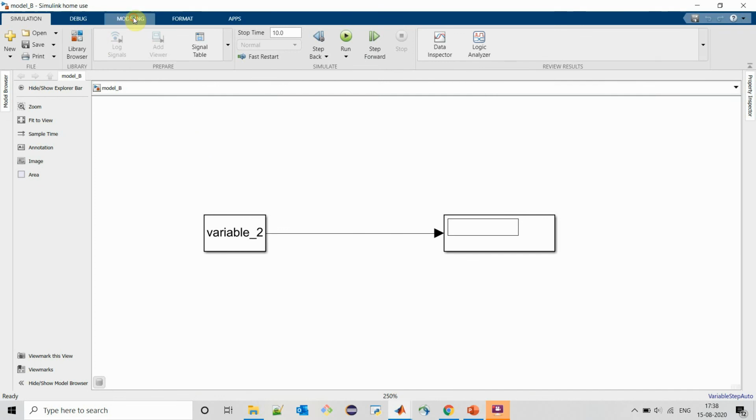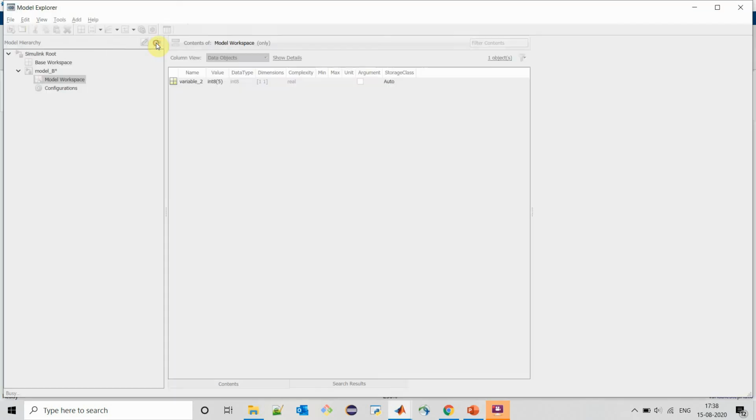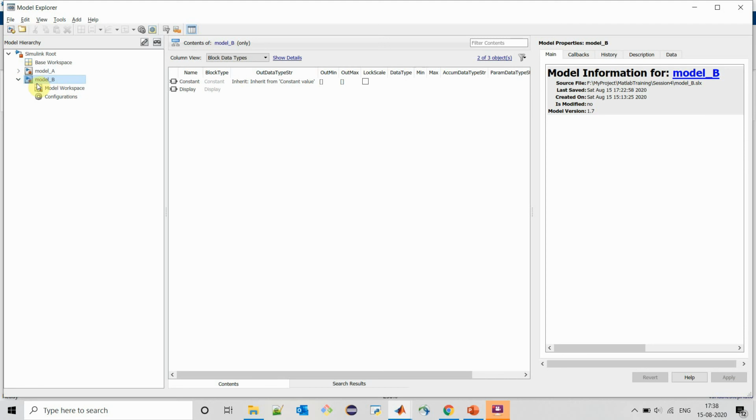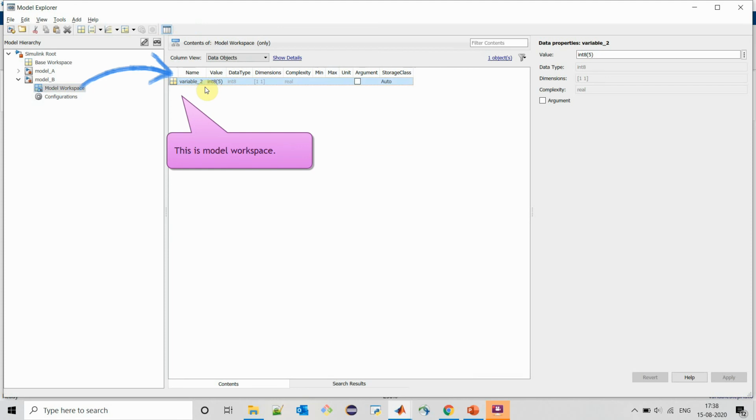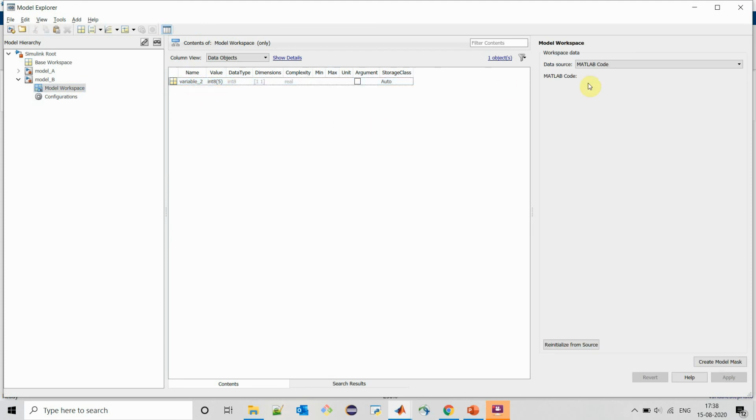For model B, we will define a variable 2 in the model workspace. So we will go to the model workspace of model B. Here I have already defined a variable 2 with data type int8 and value 5. To define a variable, we can simply write MATLAB code, or we can import values from a MAT file or model file. So I have selected MATLAB code here and I have defined variable 2 with int8 data type and with value 5. So we will reinitialize it,